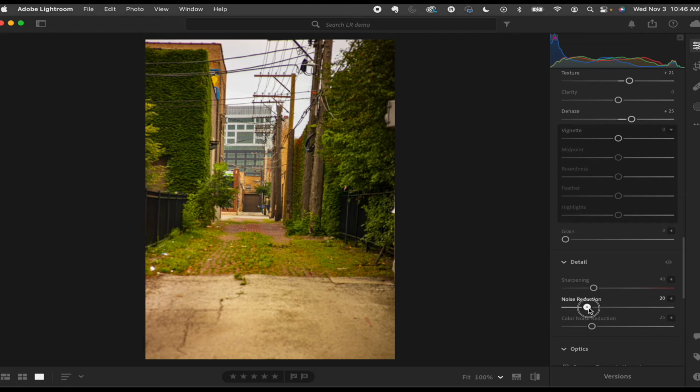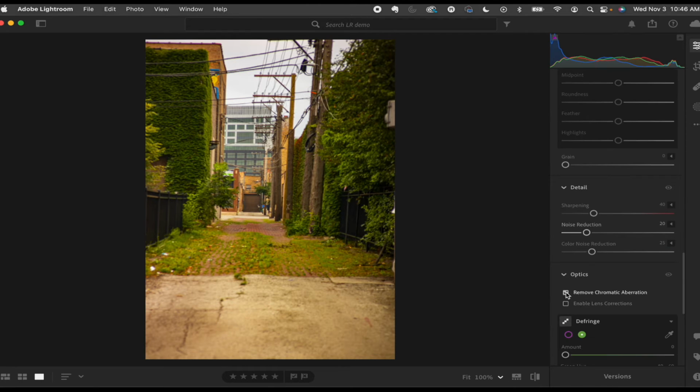And we want to reduce the noise a little bit. There is a little noise back here, and I don't really think there's a whole lot of color noise. So we'll leave that alone, but we are going to enable our lens corrections, which as soon as you do that,